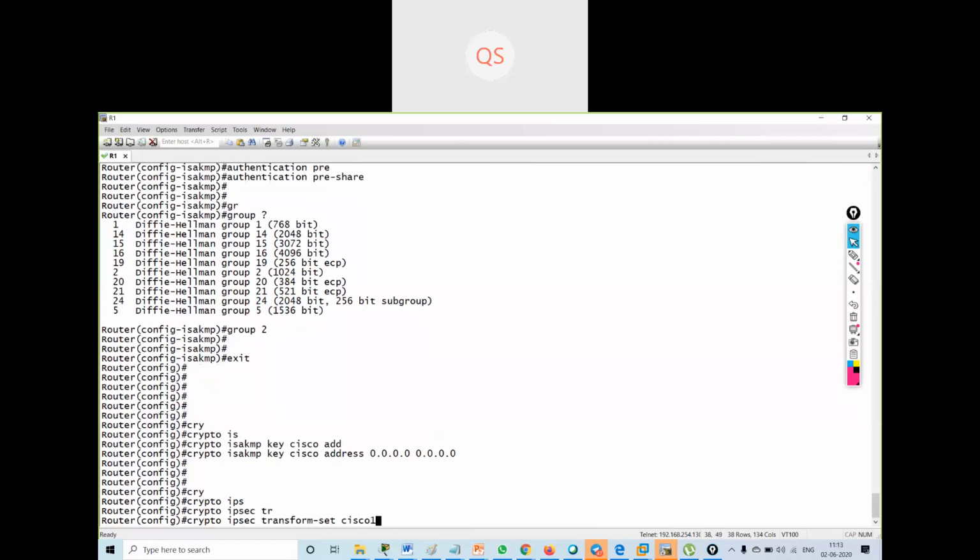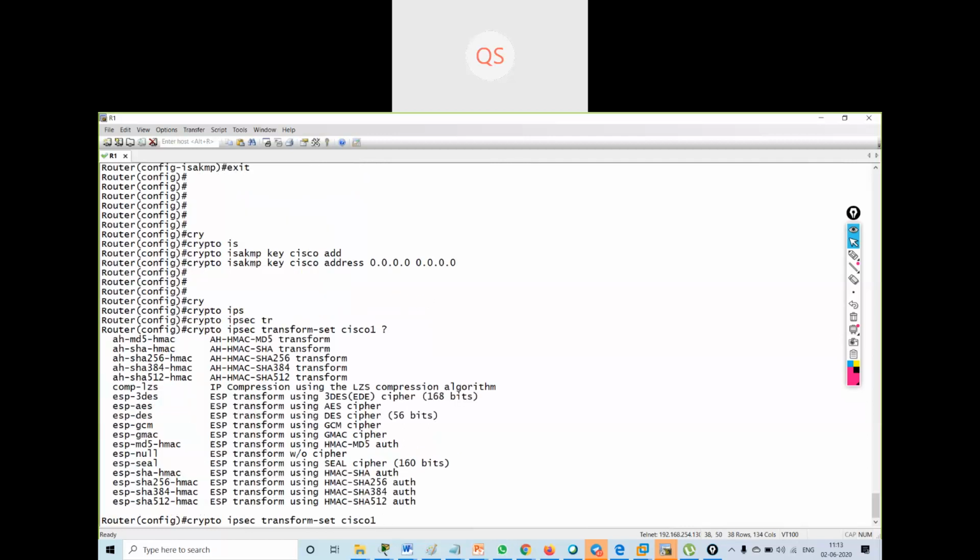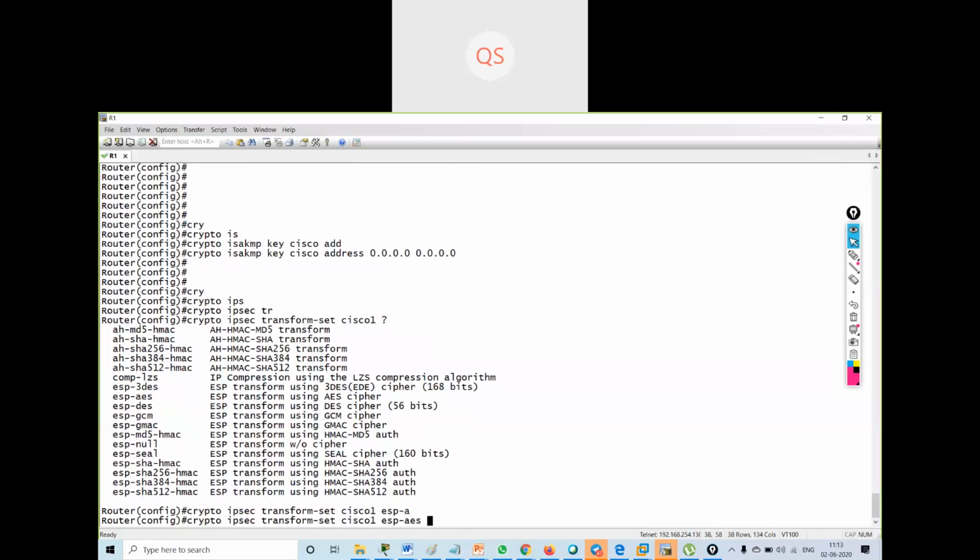I will give the name of the transform set as 1. Then I will select the authentication of this transform set. So the authentication will be ESP AES.